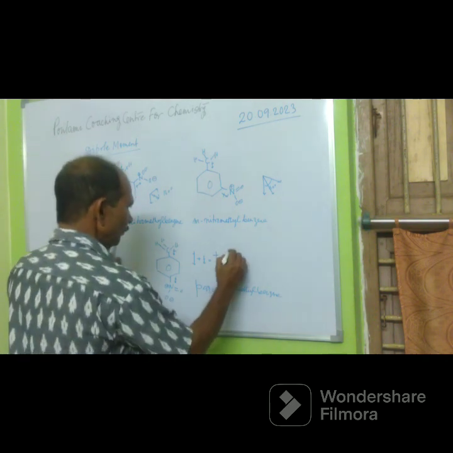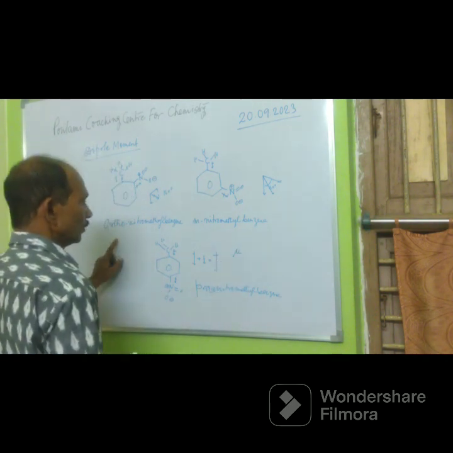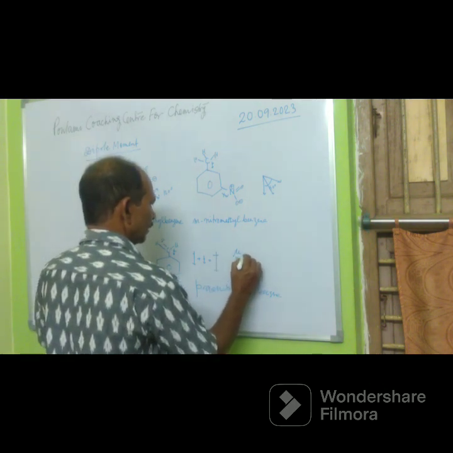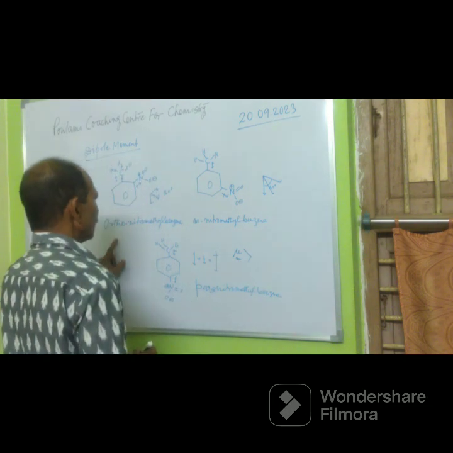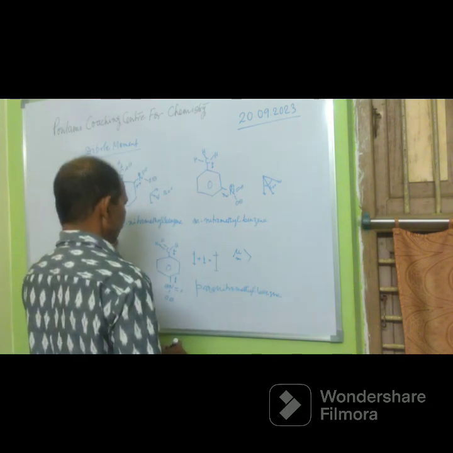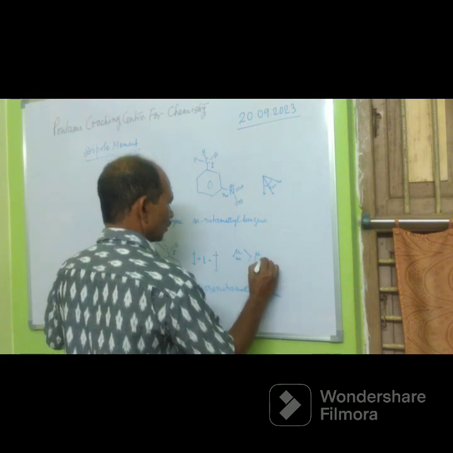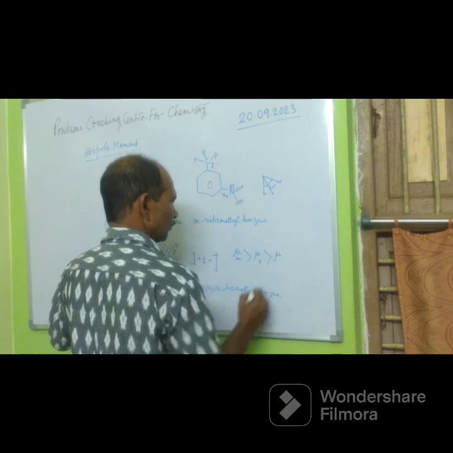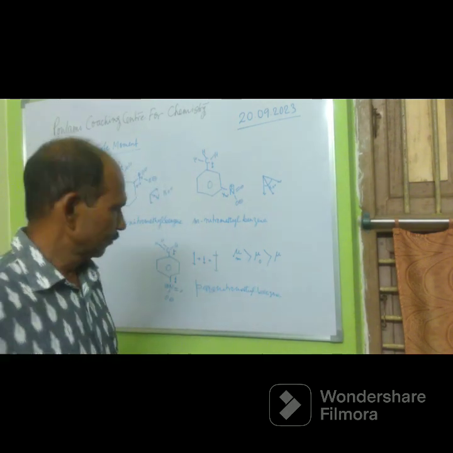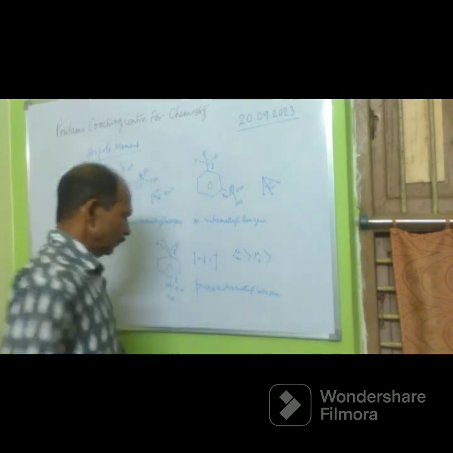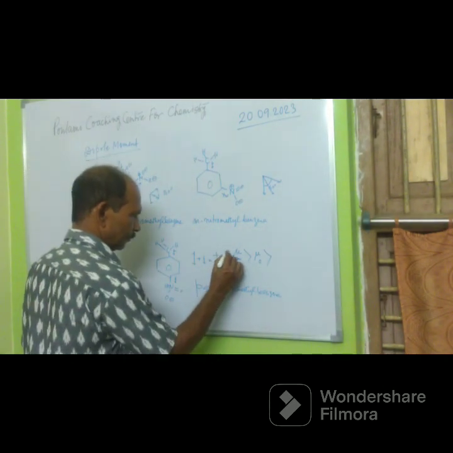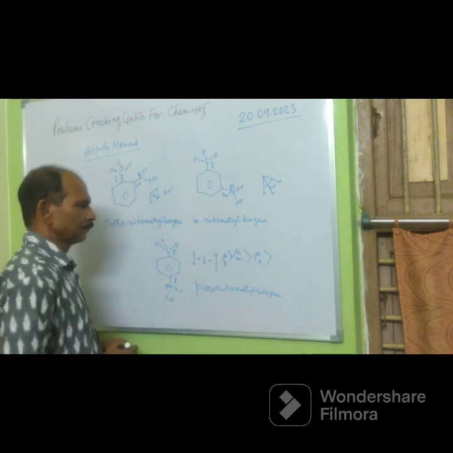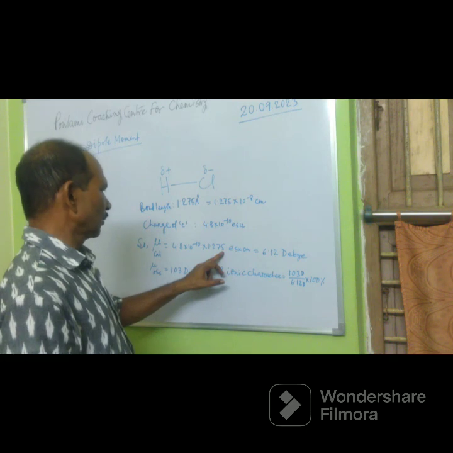So mu of para is highest, greater than mu of ortho, greater than mu of meta, and then 1.275